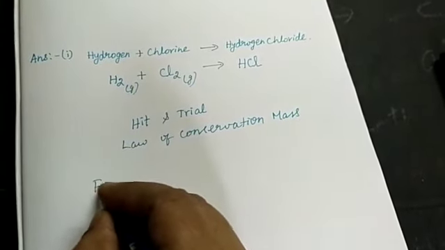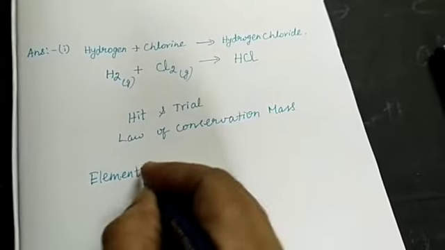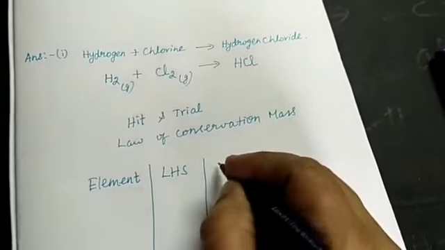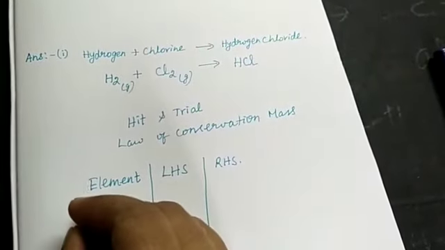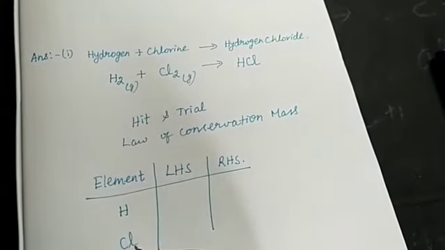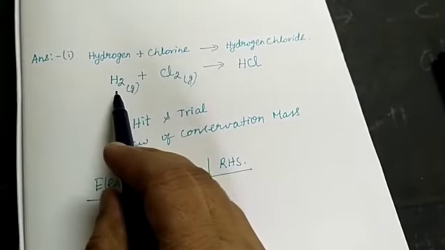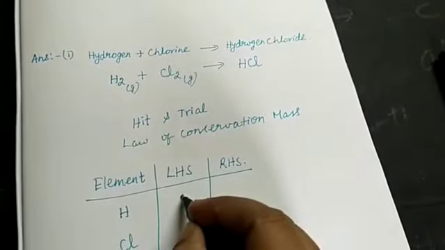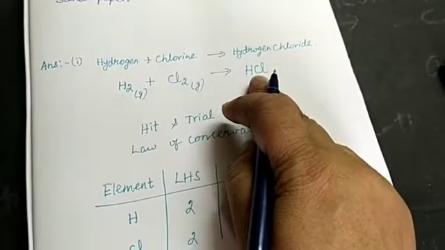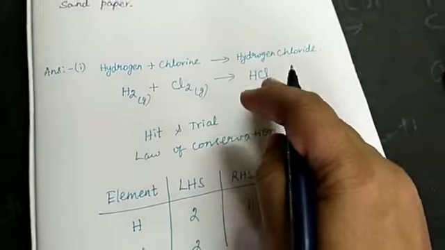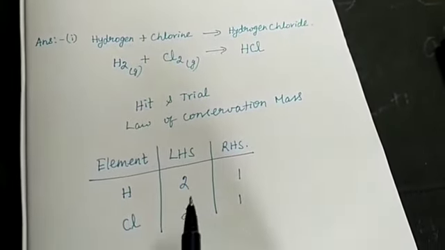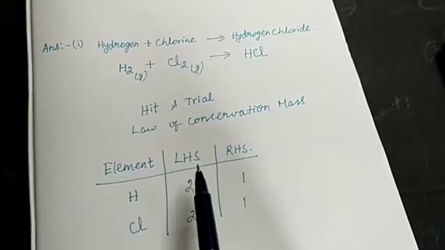For balancing, an easy method is we will draw the tabular column. We will write element name and LHS. In LHS, how many elements are present? Here one element is hydrogen and another element is Cl. How many atoms of hydrogen are present in LHS? It is 2. How many atoms of Cl are present in LHS? 2. Now in the RHS, how many hydrogens are present? Only 1. In chlorine, how many are present in RHS? Only 1. But according to the law of conservation of mass, each and every atom must be equal both in LHS